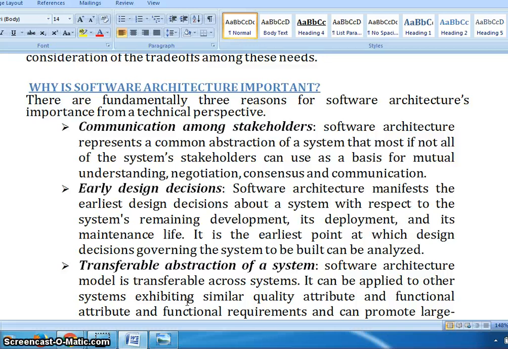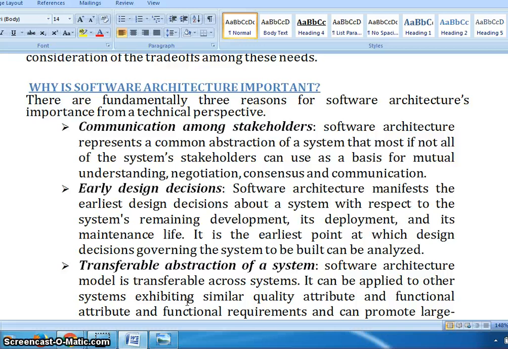To implement this in the real environment, I need to consult an architect who will take the requirement from me, and depending on my requirement and the size of the site, he will check the feasibility of my requirements against the size available and my budget, and he will proceed next. Without these final criteria, or without the blueprint of the architecture, I cannot construct a building. So like this, it is a communication among stakeholders.